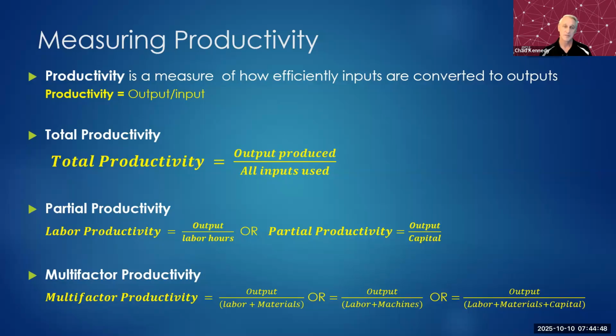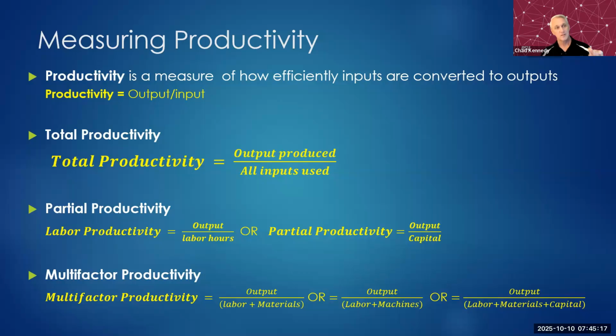We could look at a different factor of partial productivity. We say the same thing, how many widgets did we produce, but in terms of how much money we spent to produce those goods. The output of that is then the units of goods per dollar. So how many units of goods could we make per dollar, right? That's a different kind of measure. It gives us a little bit different picture of what's going on.